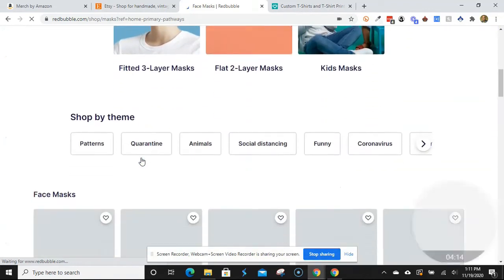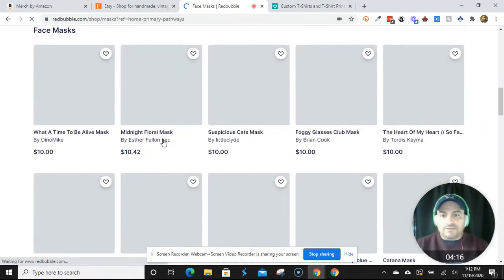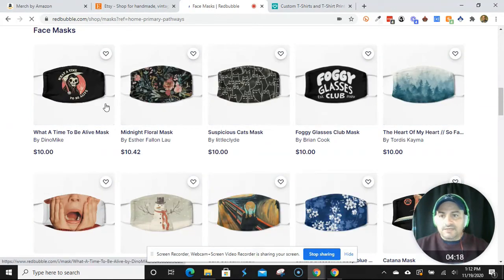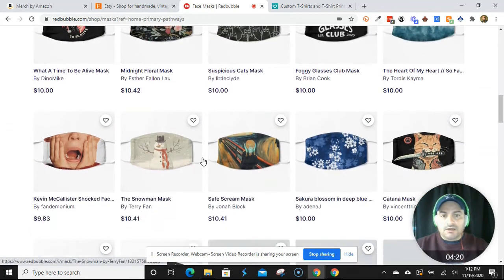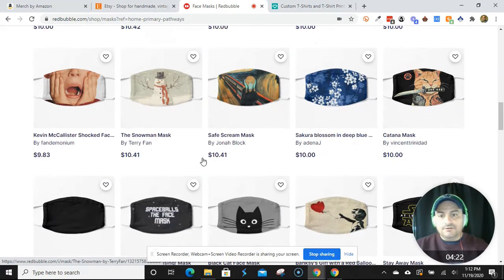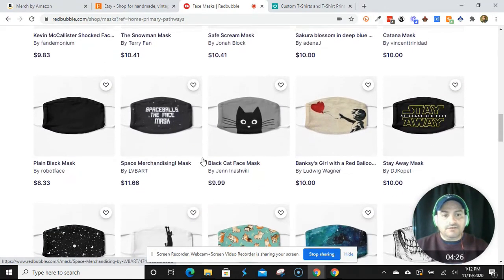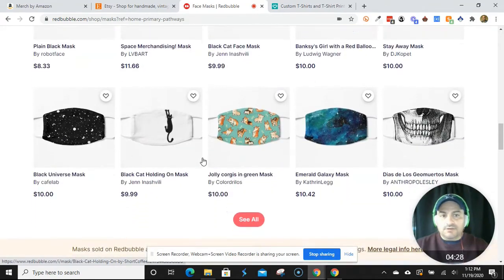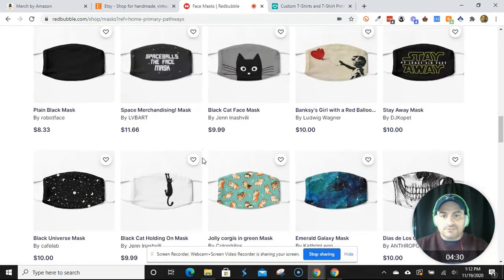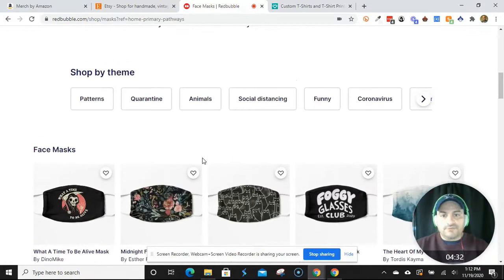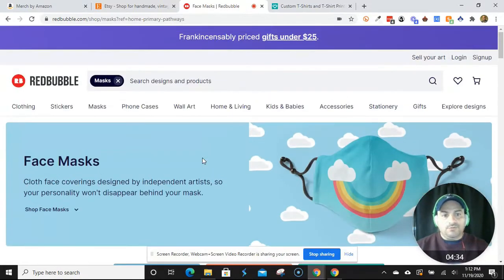So as you can see, it's a very nice website that they have, very nice interface, very nice graphics. Redbubble is very designer heavy, meaning there are a lot of very good graphics on here, graphic designers. So the competition definitely is fierce if you're trying to do very good graphics, whereas Merch by Amazon is a little bit more of a combination.